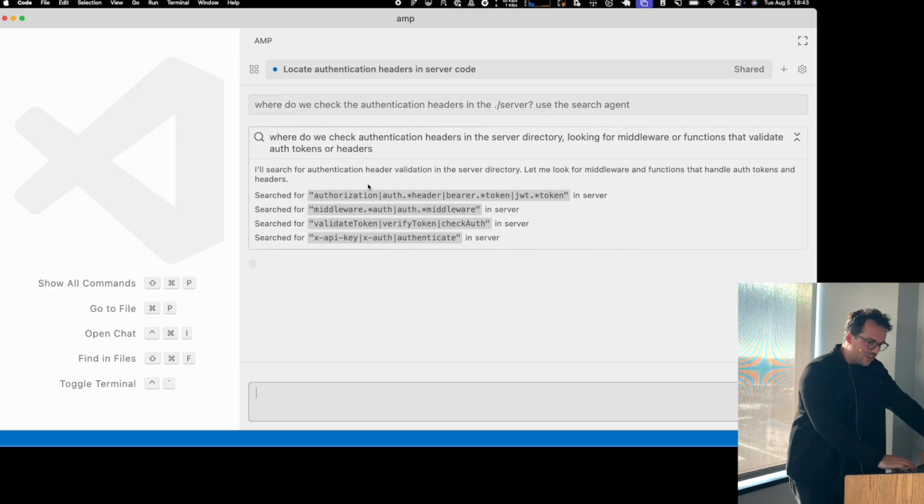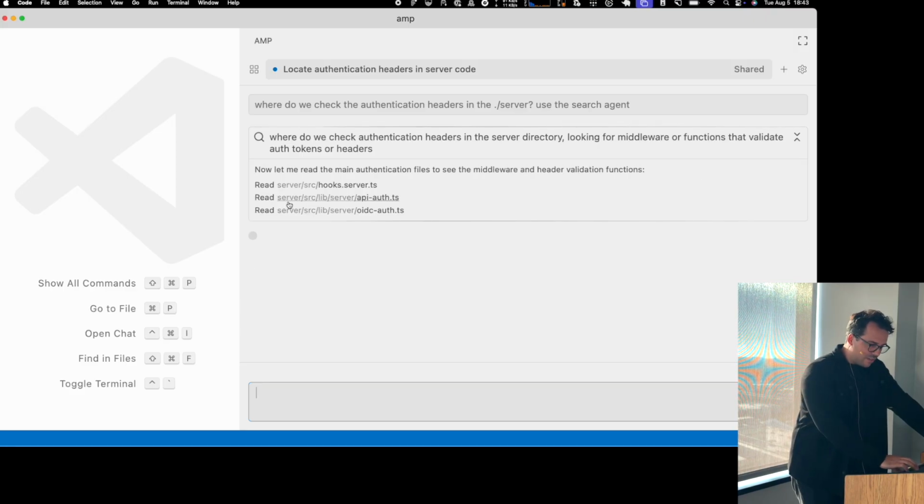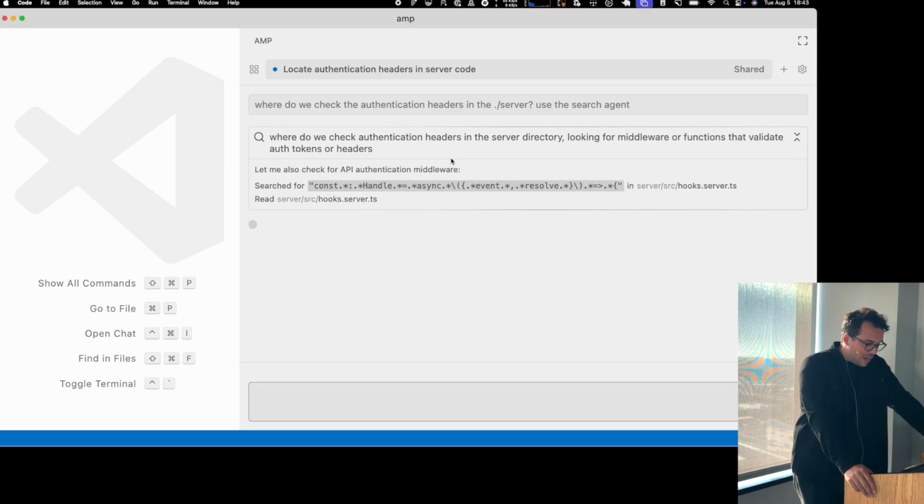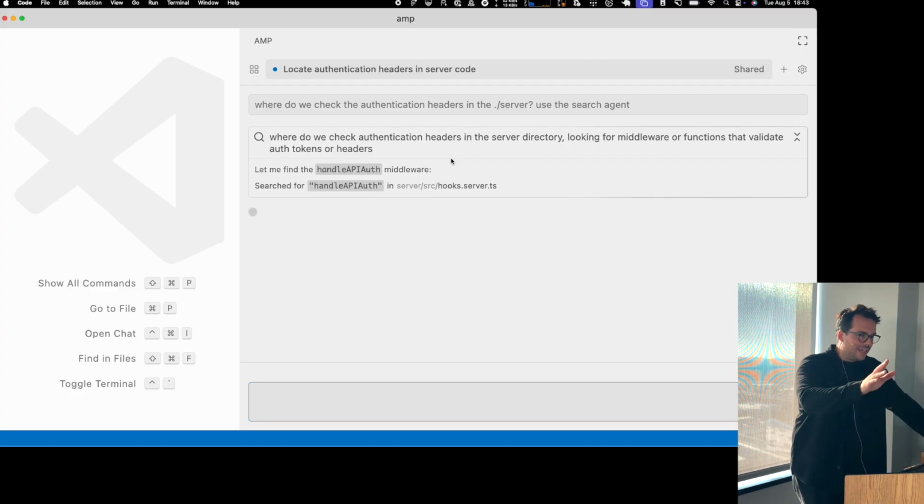And as you can see here, it searches for a bunch of stuff in parallel. It even uses grep and searches for different regexes and tries to find out where the authentication headers are. It then reads a bunch of files that it suspects contain the answer to the question. It reads some more files. In this case, I think it reads multiple portions of the same file. Reads another file. It says, let me find the middleware. It goes on. I'm eyeballing it, but let's say